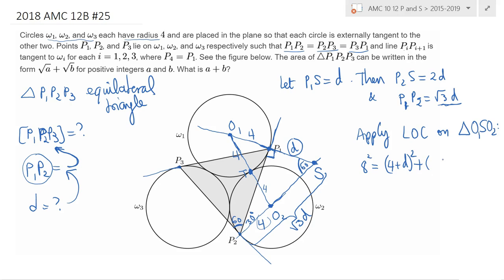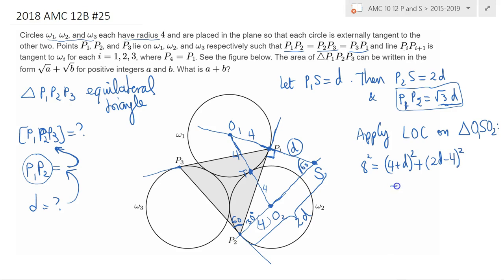Oh no, that's not the case, because we have a 30, 60, 90. This is opposite the 90 degrees. Oh my, that's 2D. Oh gosh. The root 3D is P1, P2, which I said here earlier. Silly me. Okay, so 2D minus 4